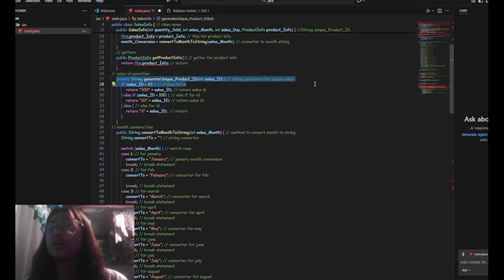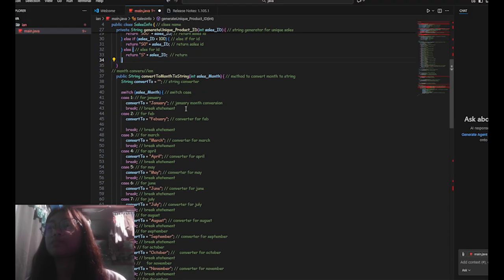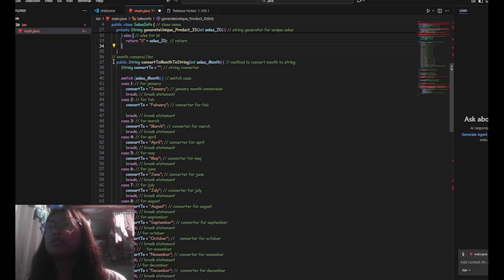After this is the method that creates a unique sales ID, which is the private string generate unique product ID. The if-else statement checks if the ID is a single-digit number. This is the month conversion, the public string convert month to string.